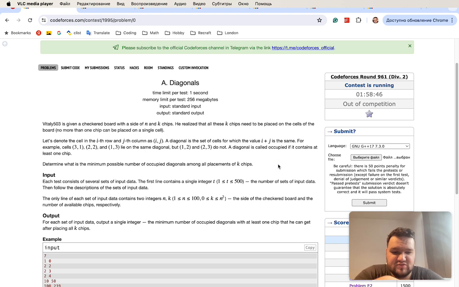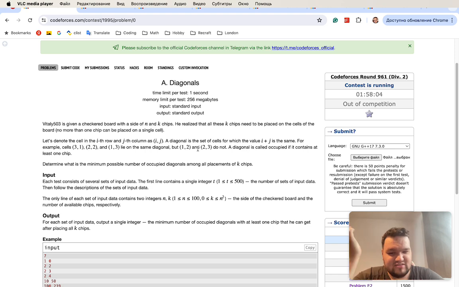So we need to say what is the minimum number of diagonals so that they have at least k cells in total, and as diagonals we only consider only one direction of diagonals. Doesn't matter which one, but only one. We cannot use like main diagonal and the other one. So clearly we want to take diagonals with more cells, and I think for this problem it should be fine to just